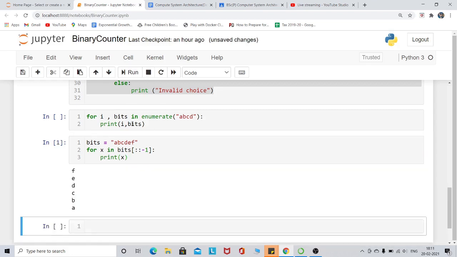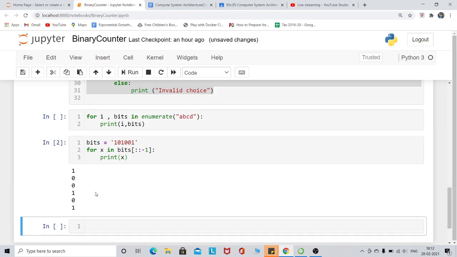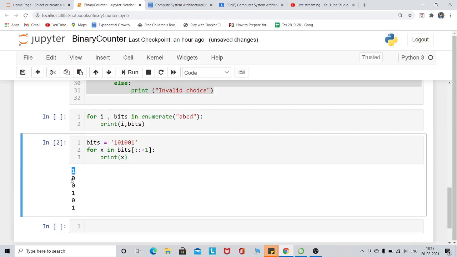Let me run it. So you could see F, E, D, C, B, A. If we have a string of bits, suppose 101001, and I run this, you could see it will print it in reverse order, 100101. So this is the code to get the string in reverse order.